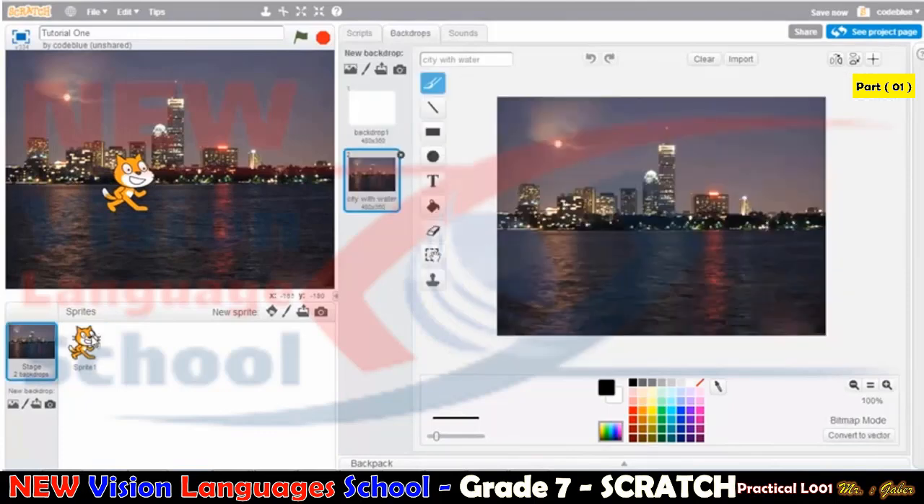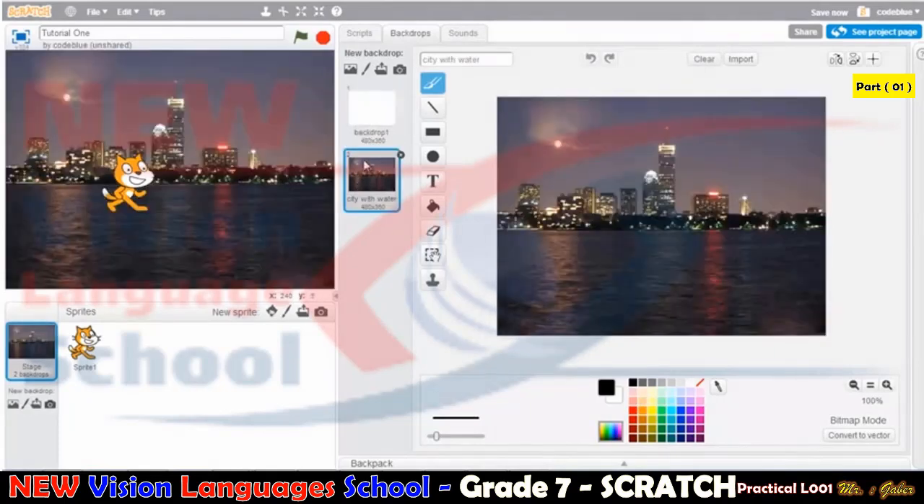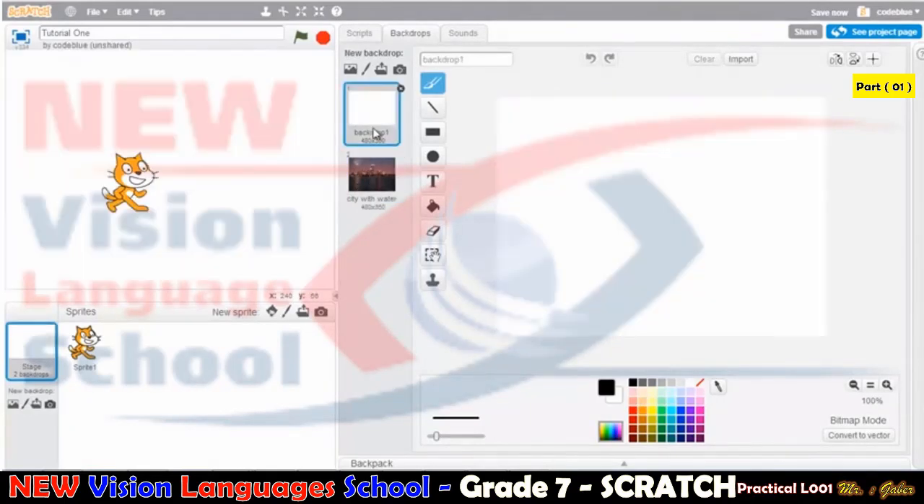But if you click here, you still have the other backdrop, so you can switch back and forth between these two. And later we will learn how you can do this